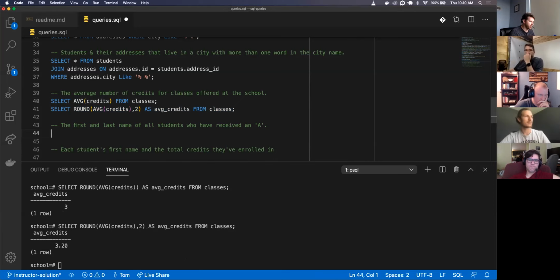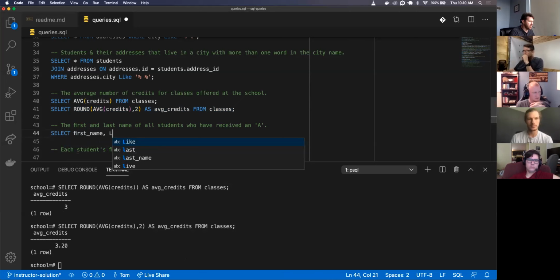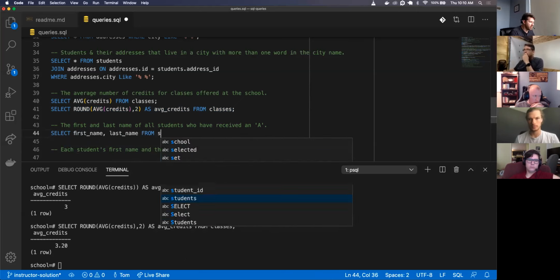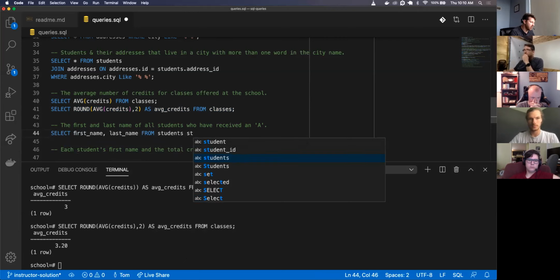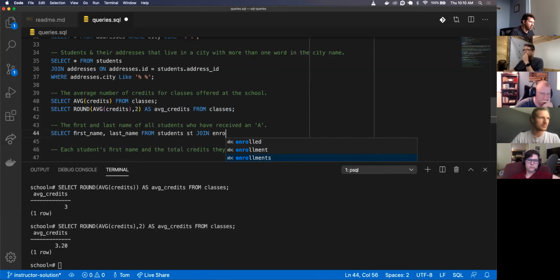So first and last name: you'll select first name, last name from students. What if I do students space ST? What does that mean? Join enroll.